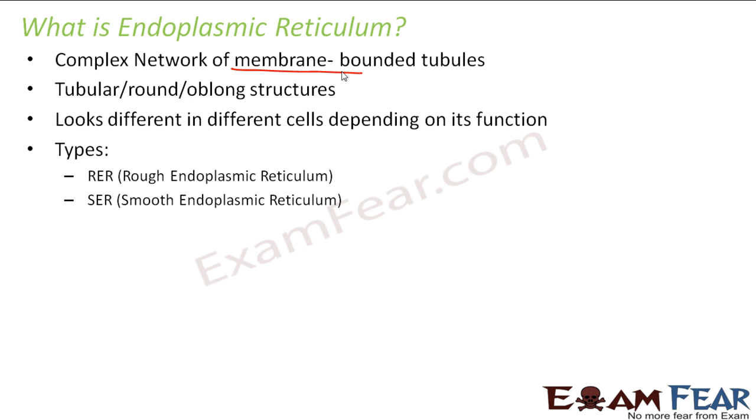When I talk of endoplasmic reticulum, there are two types of endoplasmic reticulum. The first one is rough endoplasmic reticulum, and the second one is smooth endoplasmic reticulum. Now, instead of writing this big name endoplasmic reticulum, we often write it as ER. So that is a short form of endoplasmic reticulum. Therefore, the smooth endoplasmic reticulum is often written as SER, and the rough endoplasmic reticulum is often written as RER. Now, you can remember this name endoplasmic reticulum like this. Endoplasmic, that means something which is inside the plasma membrane, correct? So that's how it's endoplasmic.